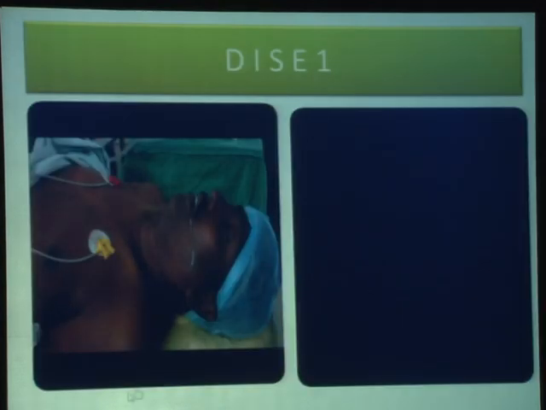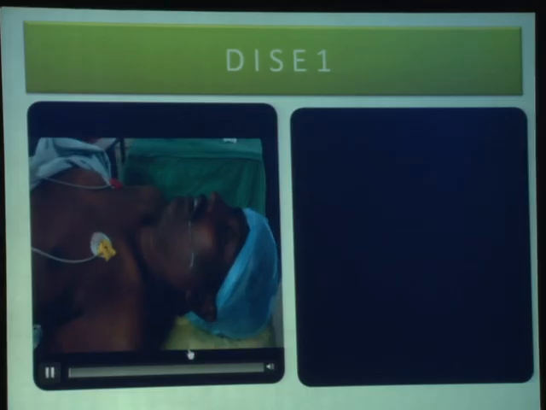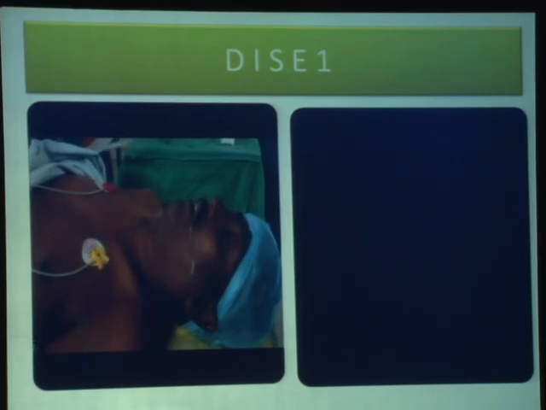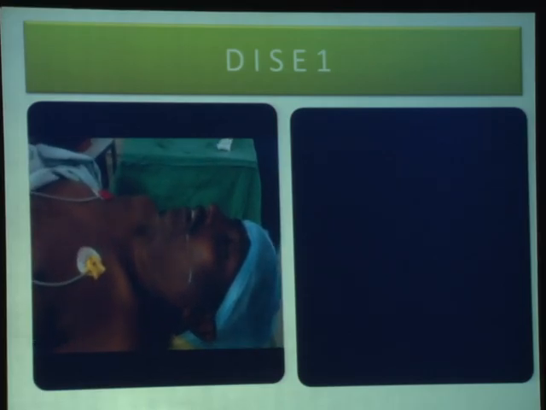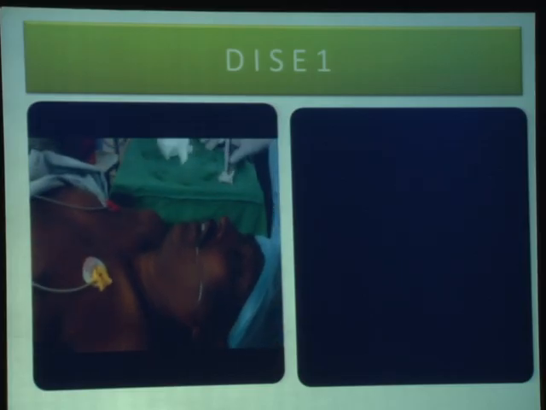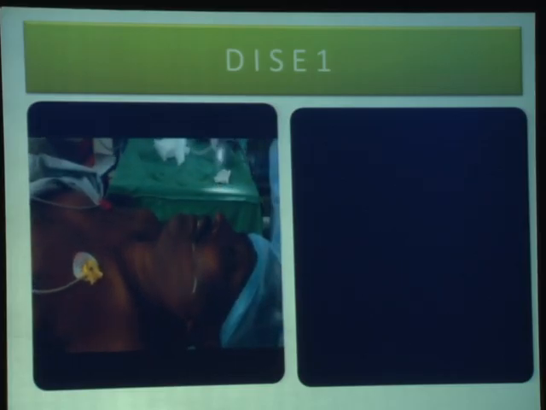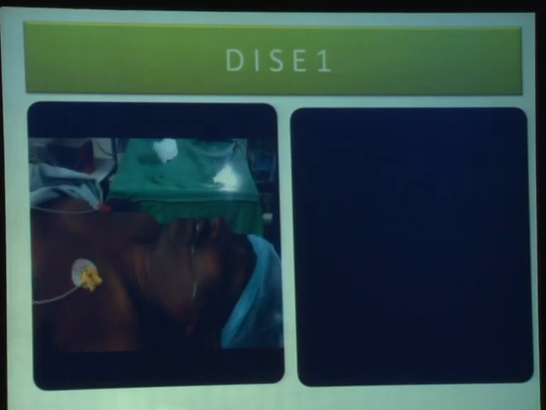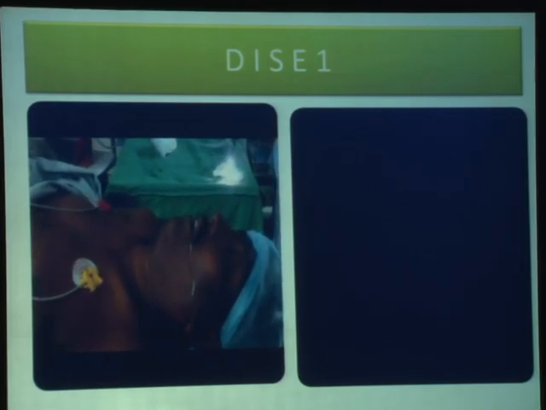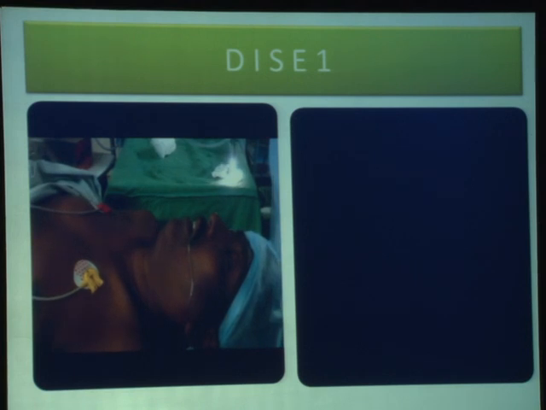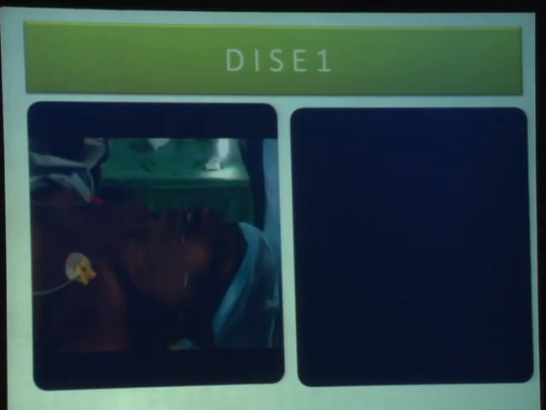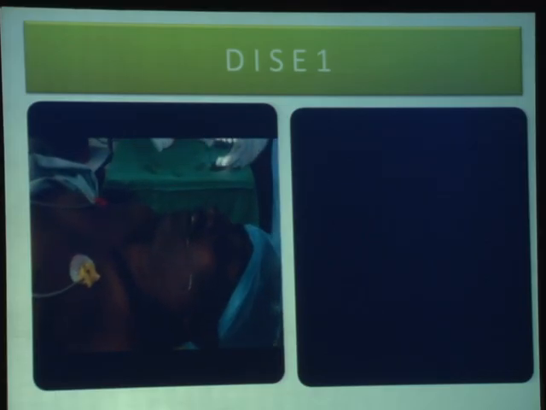So this is a patient, propofol is not given yet, just midazolam is given. Look at the movement. He's in apnea. Now little air is going there. There you go, again apnea. He's trying to breathe, but he's not able to. Okay, so